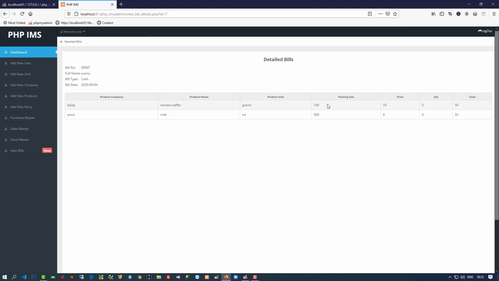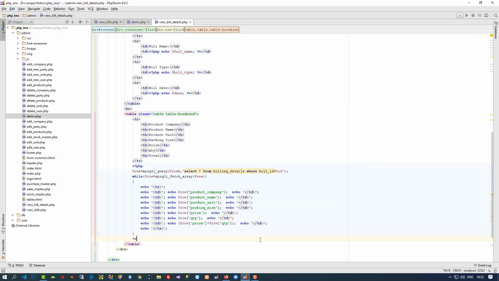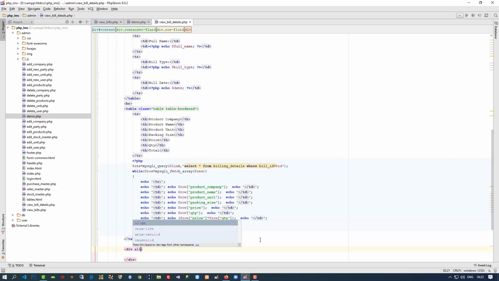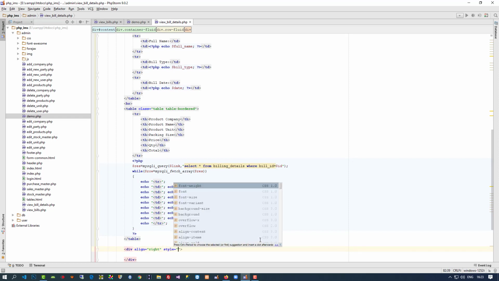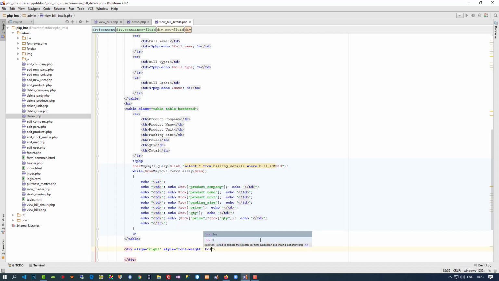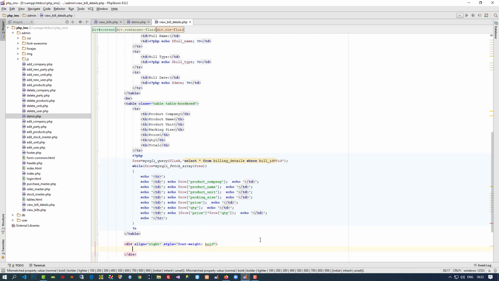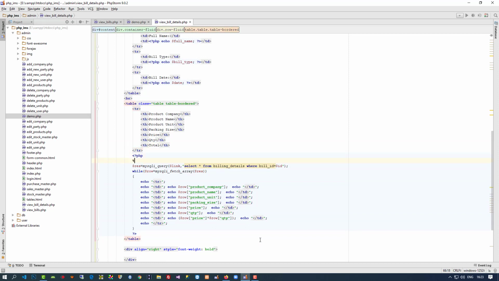It looks like this: packing size, price, quantity, total. But now we need to display a grand total. So there I am going to display that. So for that, text aligned right, and here I am going to give font weight bold, and I am going to take one variable here, $total is equal to 0,